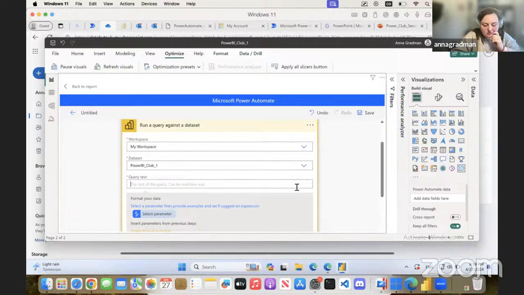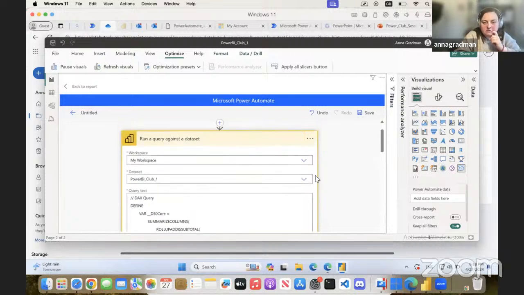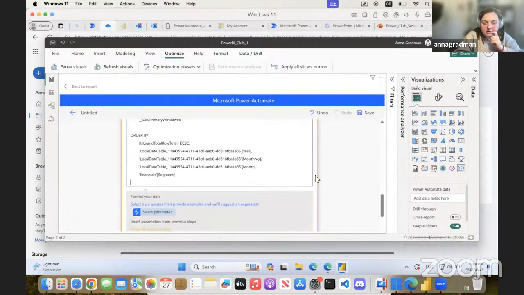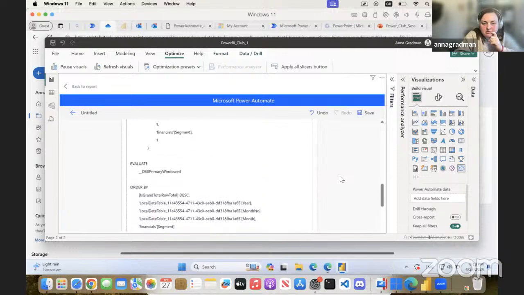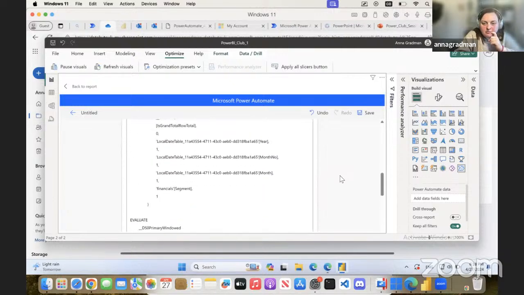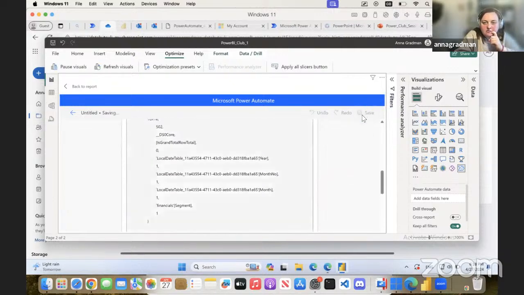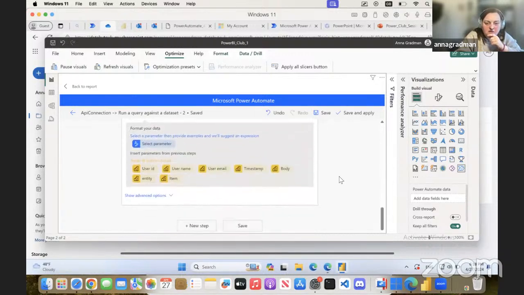In the query here, you just Control V your output from your DAX. Then you click OK. It should work now. And I save, because this is not a very user-friendly option here. Because the next step, what I would like to do,